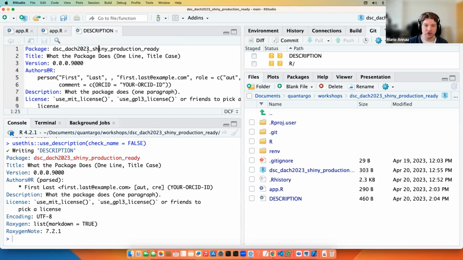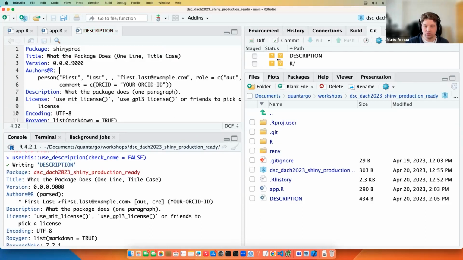So I just need to rename this. In most cases, you should basically call the folder name exactly like the package name, then you don't have that kind of issue. I call the package shiny prod,